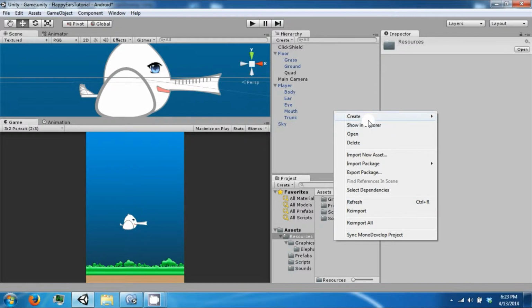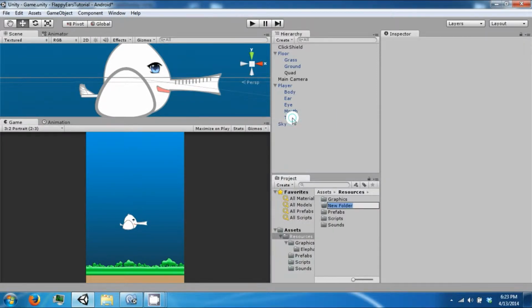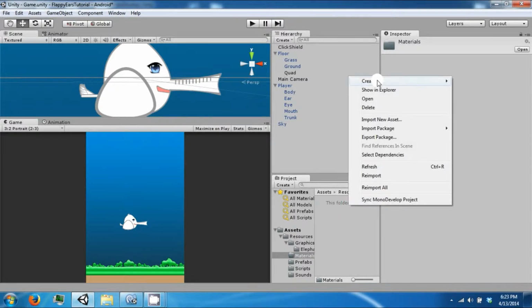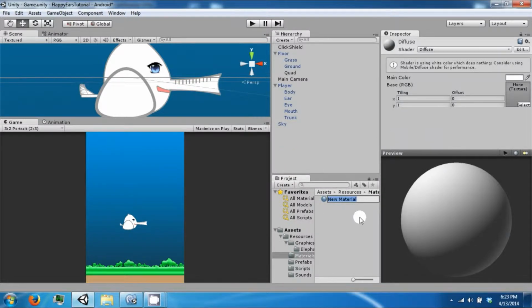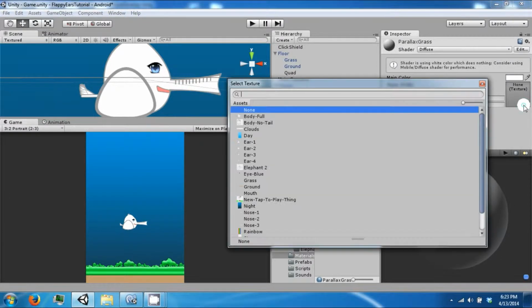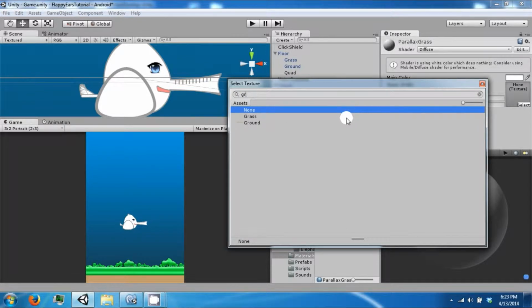So let's create a new folder, call it materials, go to materials, and then create material, and we're going to call this the parallax grass. This is going to take the grass texture,